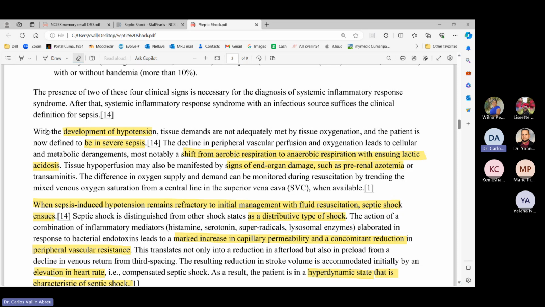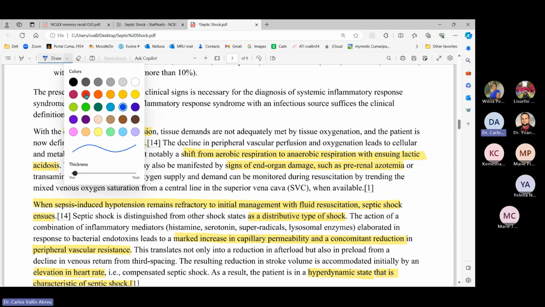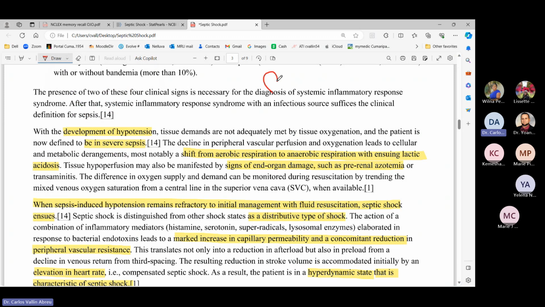Now it continues, it is another step beyond the present step that we have, with the development of hypotension. I'm repeating, with the development of hypotension, now they are adding low blood pressure. Guys, why do we need to have blood pressure? Because the heart needs to move the blood